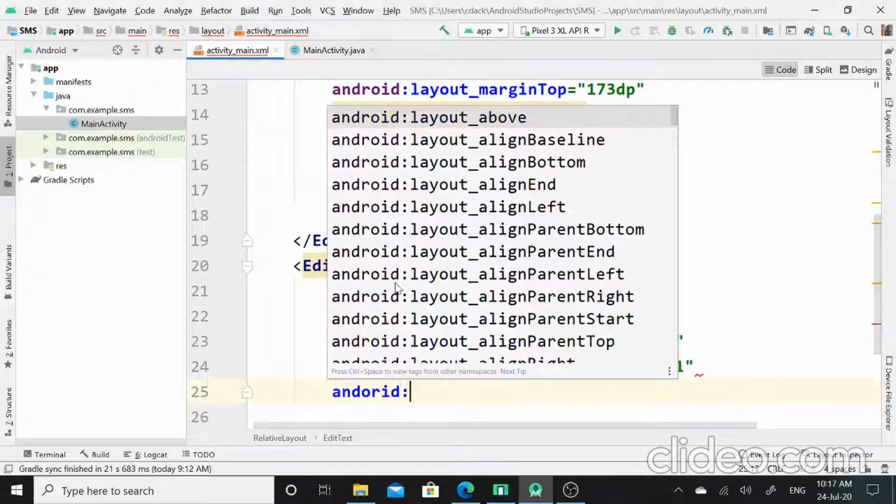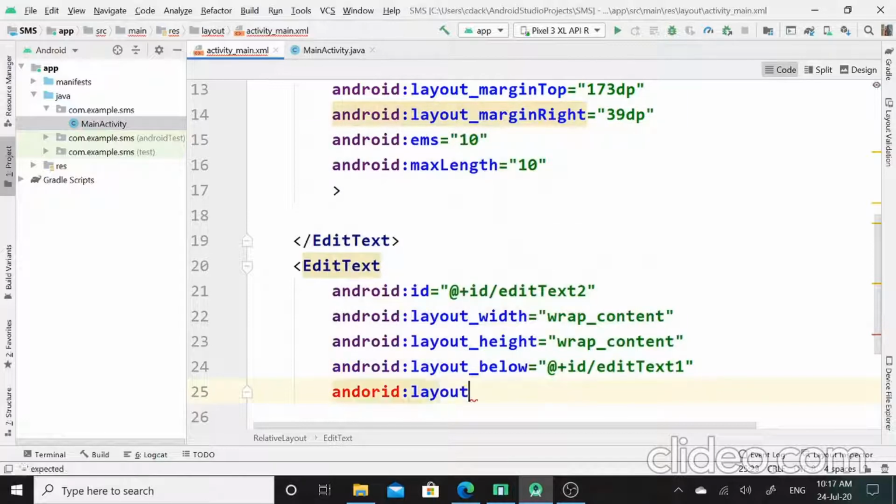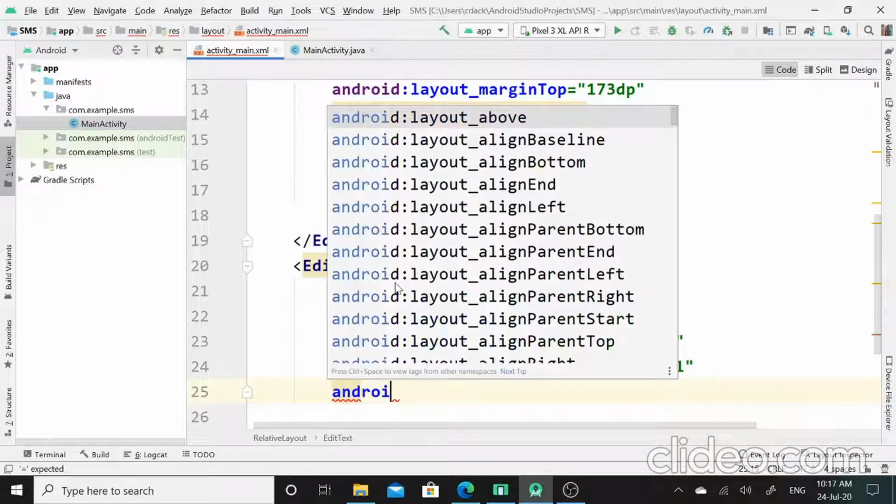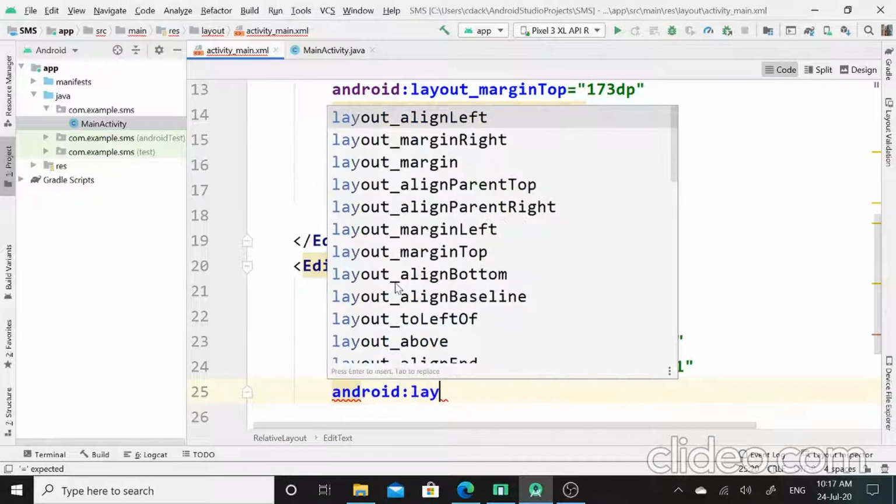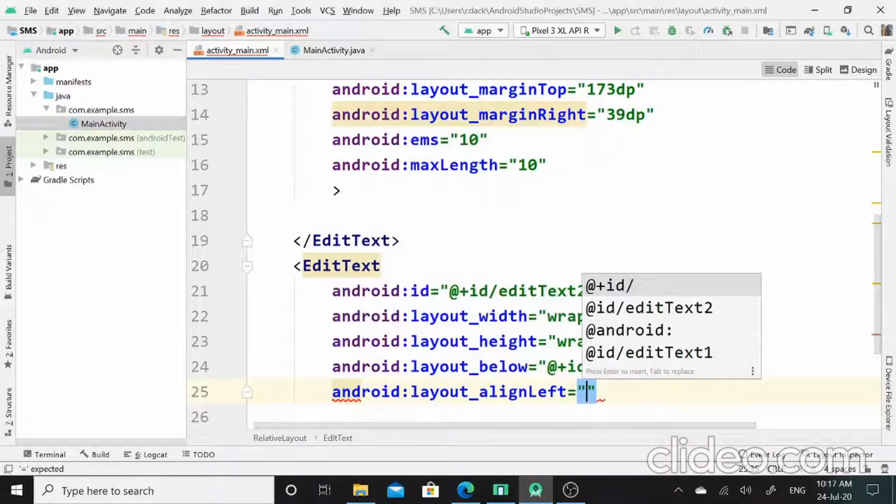And now I will set the next property for this edit text 2, that is layout underscore align left. Again, here I will enter the ID of edit text 1.